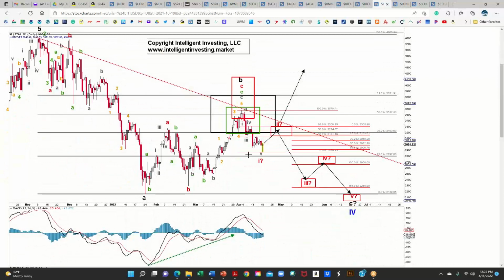Same for Ethereum. We moved the label a little bit further to the right. Minor tweak. It's honestly having it instead of last week's low at this week's low is fine. It's such a minor tweak. Should still follow this path. If we start breaking above 3,400, I have to reconsider that this larger B wave is still unfolding and becoming even more complex. It's not my preferred view, but we have to remain open-minded.